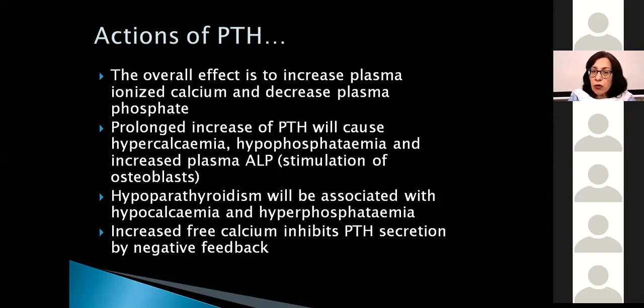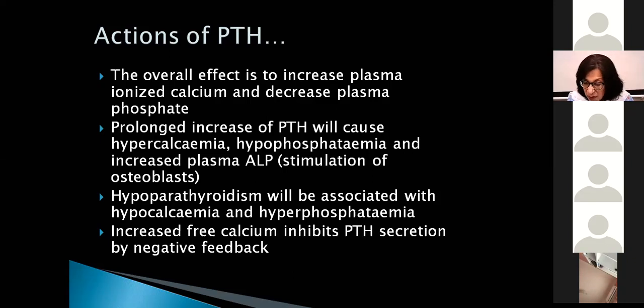With a prolonged increase of PTH, what will you find? You will find hypercalcemia, hypophosphatemia, and there will be an increased alkaline phosphatase level. Why? Because alkaline phosphatase is a bone turnover marker. When there is increased bone breakdown and turnover, alkaline phosphatase will be increased. Similarly, opposite to that, with hypoparathyroidism,